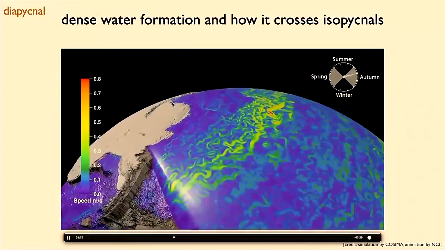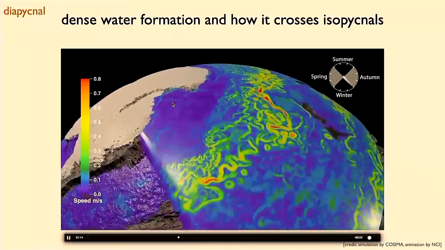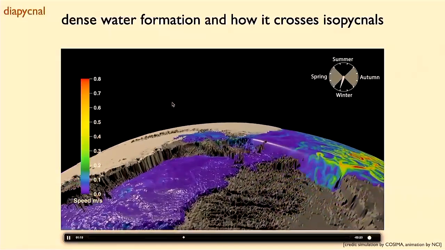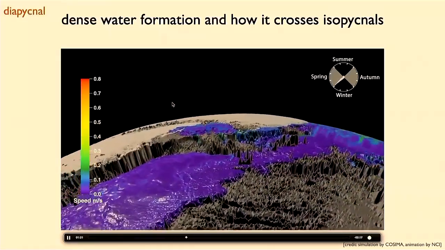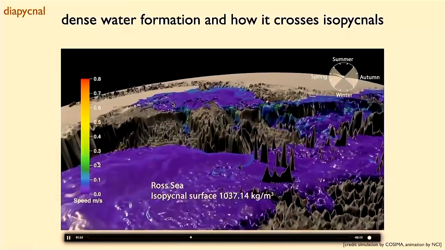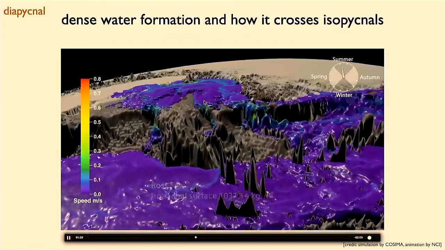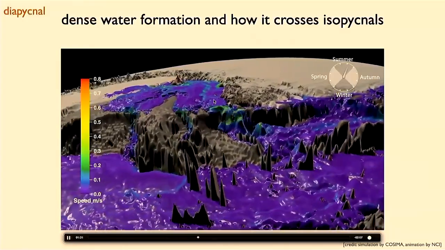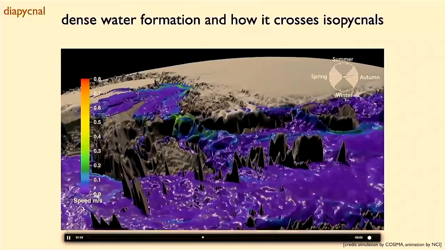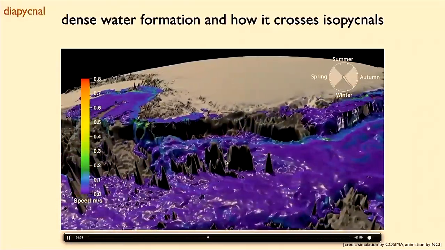But yes, again, I'm just trying to give you a general overview. These are the other types of important processes that come into play in the ocean. We need to be able to understand how they work and model them to predict how the ocean circulation is. You see how this dense water that forms at the Antarctic margin cascades down to the abyss.